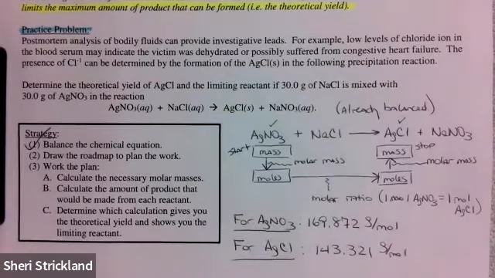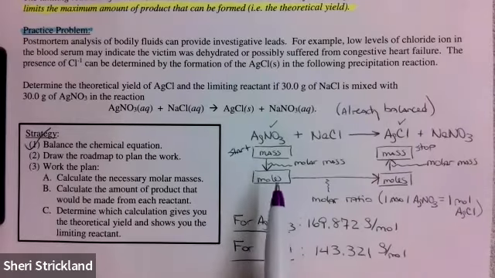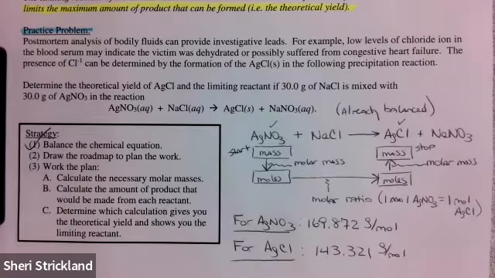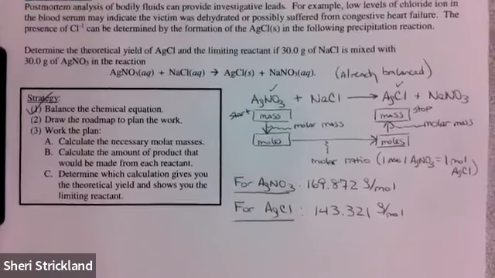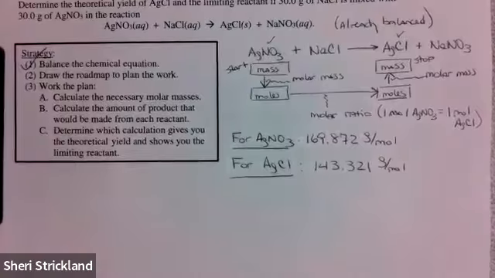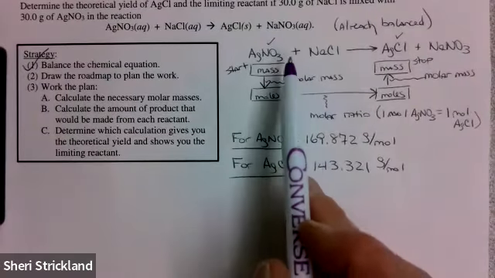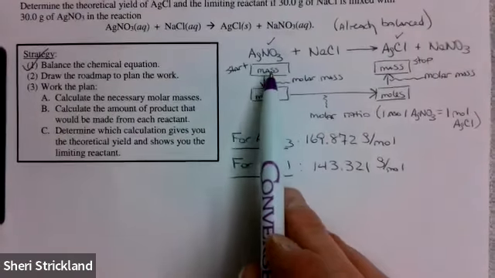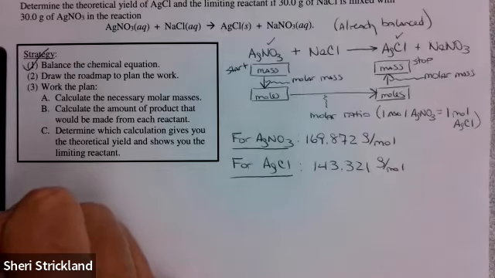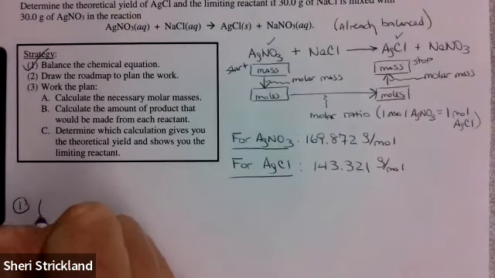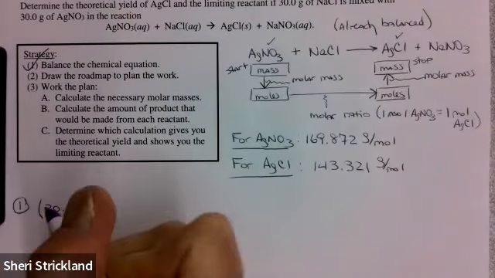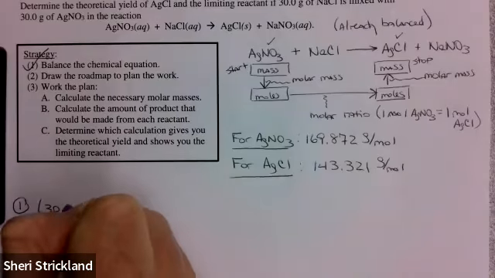Okay, now we've got all the pieces. Now you can do this as 3 separate calculations. I'm going to show you how to set it up as one. But if you want to do it as 3 separate calculations, that is absolutely fine. So you can say, 30 grams of this first reactant